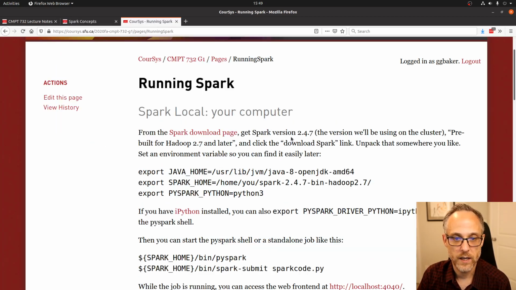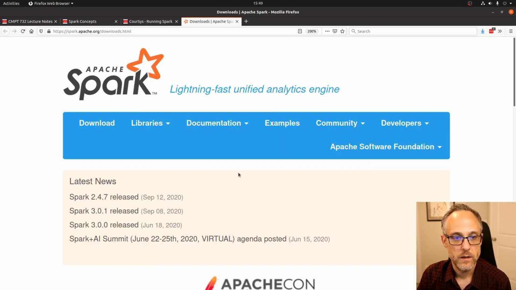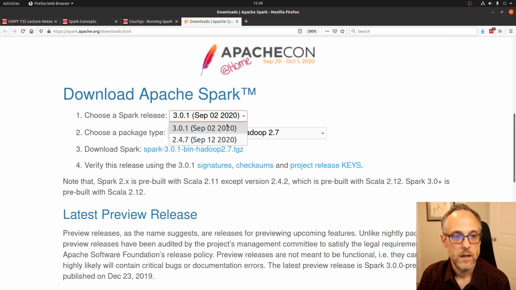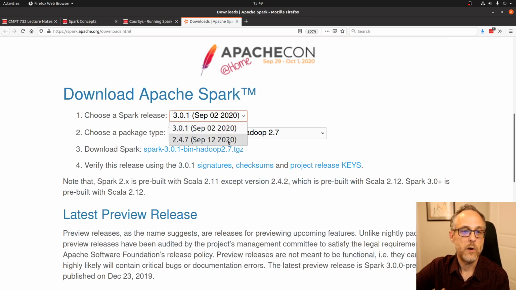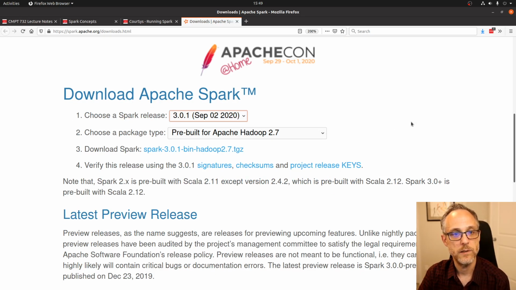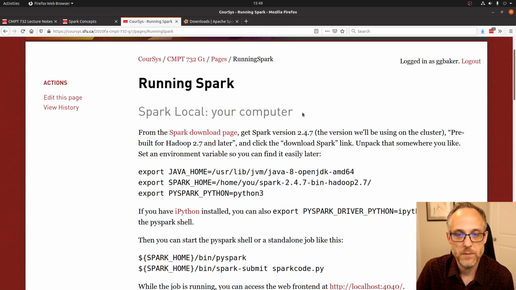There is, by the way, I've said 2.4.7 there. Spark 3 was released over the summer, 3.0.1, a little update just around the start of the semester. Officially, we're going to probably keep saying Spark 2.4.x here just for this semester because on our cluster, where we